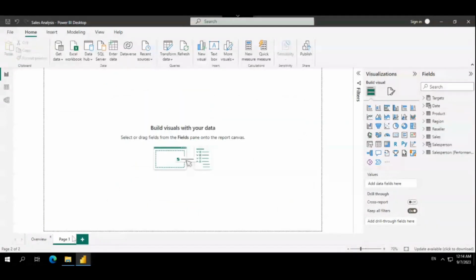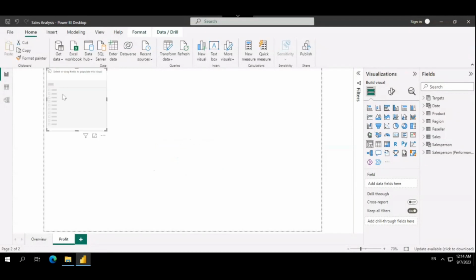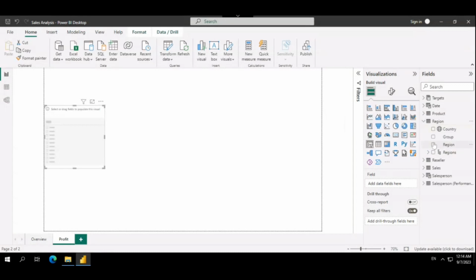We will click on the plus icon and then design the second page, and we will name this as profit. And then we will add a slicer. In that slicer we will add region, and this region field has different things. And then if you see, there are individual regions, but what we want is to have an option. We can do a control click multiple selection, but in this scenario what we want is to have a select